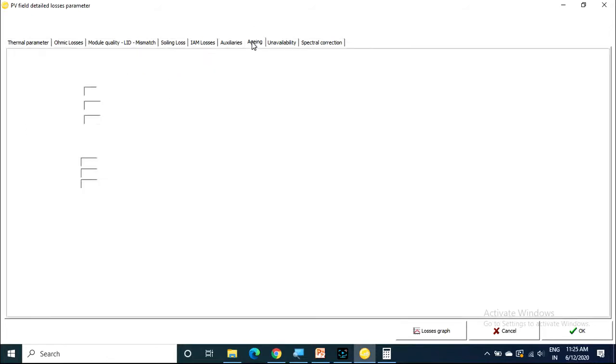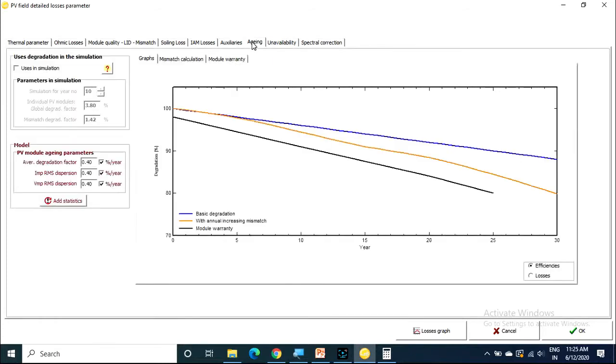And aging. As the aging increases, that means the life of the solar panel year by year, the light absorbing capacity will decrease, so power loss will be accounted. Up to 25 years it will be very less.